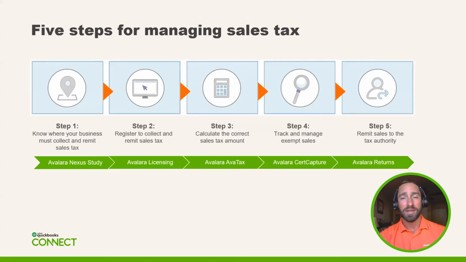Number two, get registered to collect and remit sales tax. Avalara works with a partner, businesslicenses.com. We typically get the registrations, they come through on our side, and then within 2 to 3 business days, we actually get those tax IDs back. So it happens very quick, and it's one of those things where you could do it on the DOR website yourself, or you could leverage Avalara and our partner to get those done very quickly.